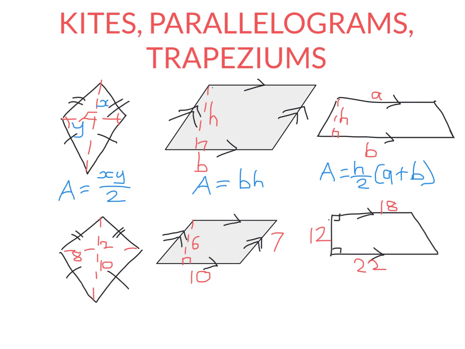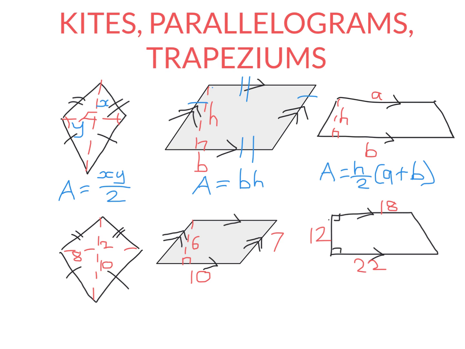A kite is a quadrilateral, a four-sided shape that has two pairs of adjacent equal sides. What that means is in a kite, it's the two pairs of sides next to each other that are equal. Whereas for a parallelogram, it's actually the opposite sides. Pairs of opposite sides are equal. So make sure you know the difference because you can't find the area of a shape if you don't know